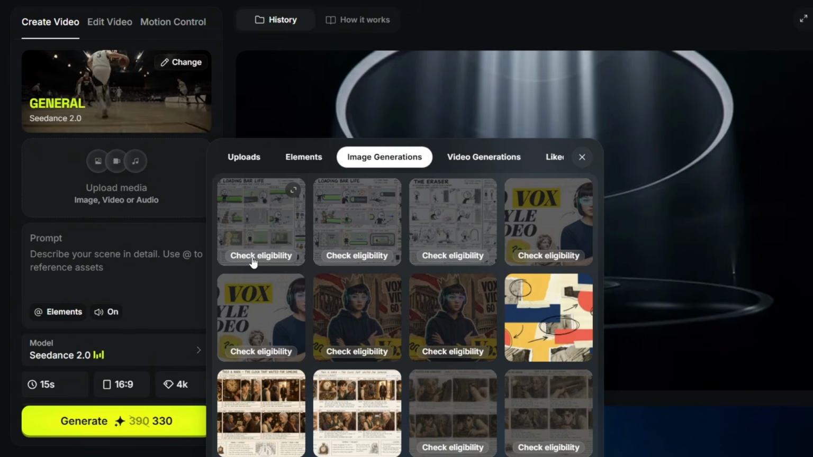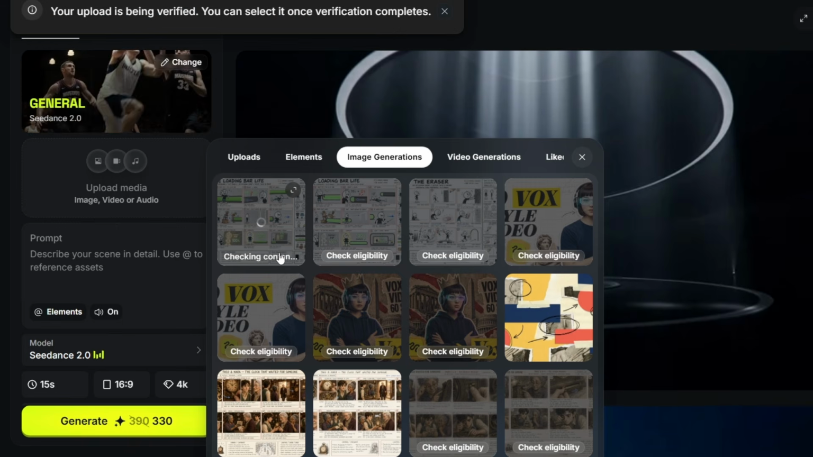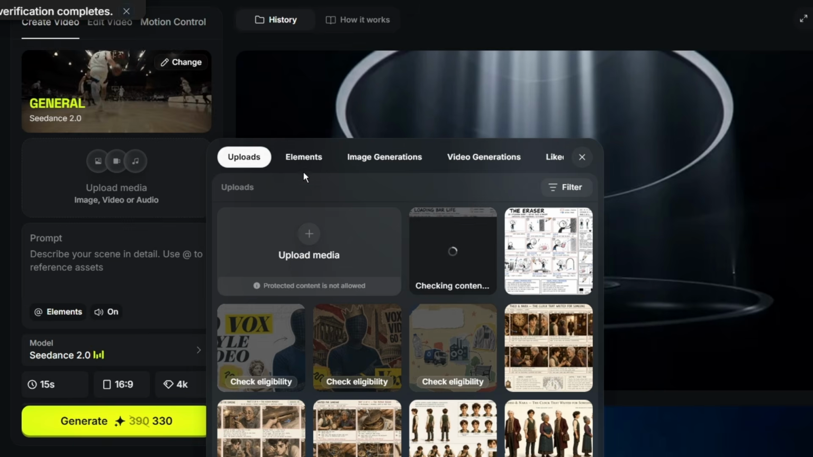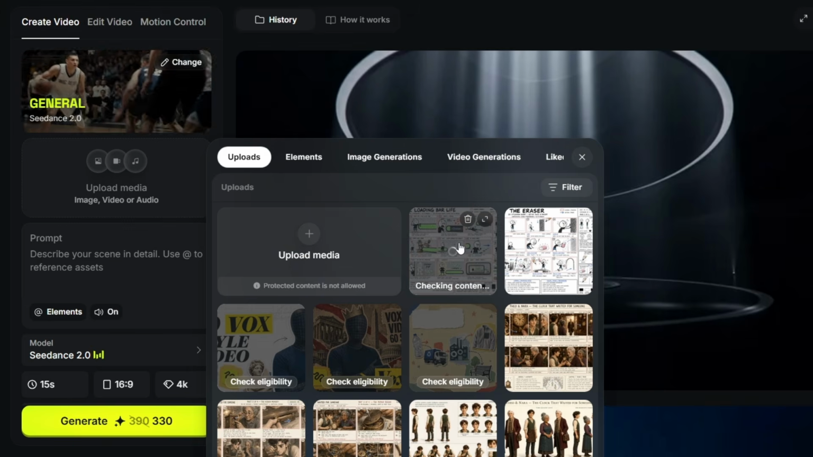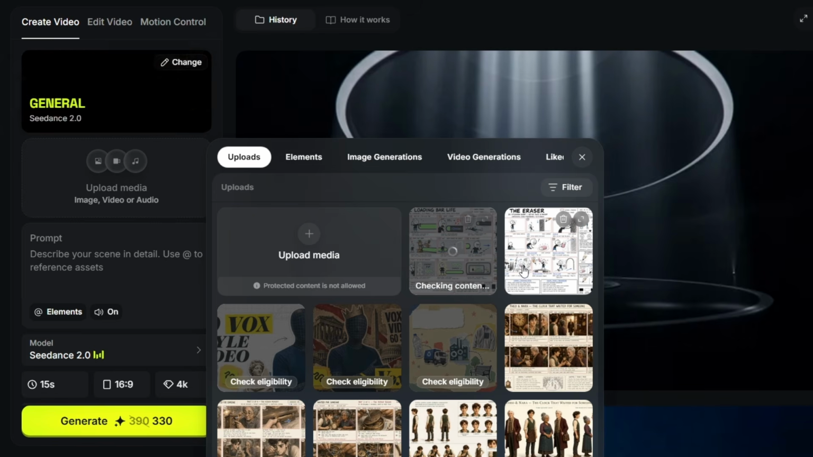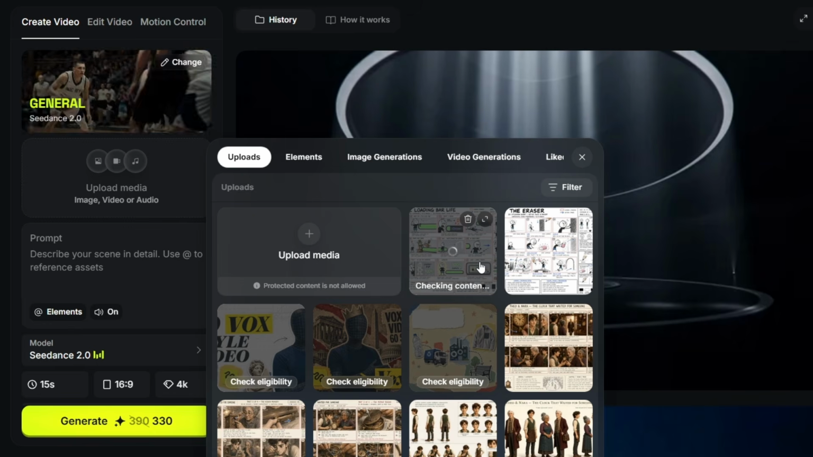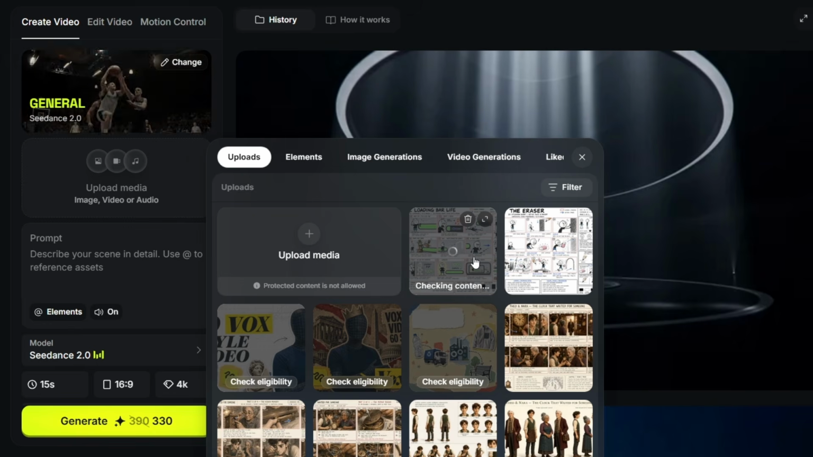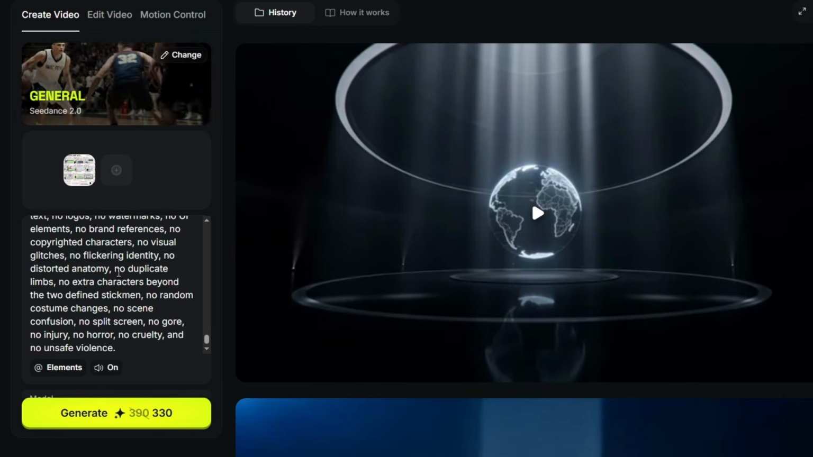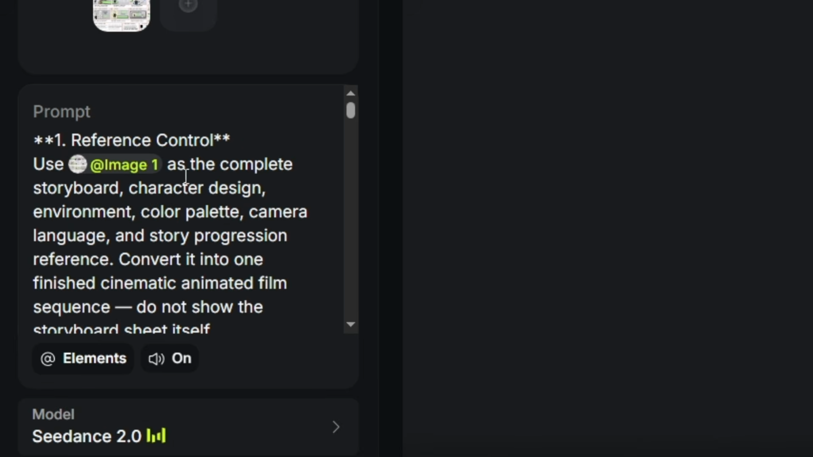One useful feature in Higgsfield AI is the Check Eligibility option. Click on Check Eligibility and wait a few seconds. This checks whether your image is eligible to use on the platform. Always make sure that you own the image or have permission to use it before generating a video. After a few seconds, my image is approved, so I select it. Next, paste your Seedance 2.0 prompt here. After adding your prompt, always check that your image is attached to the